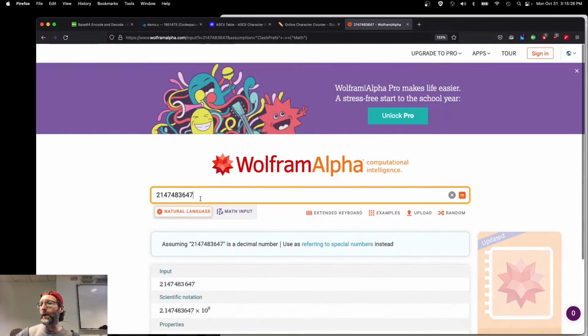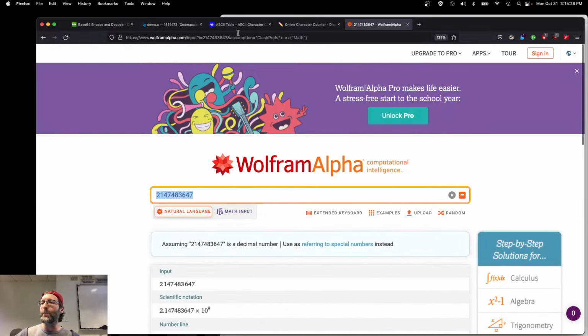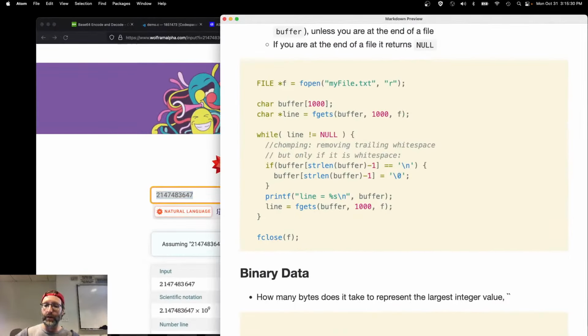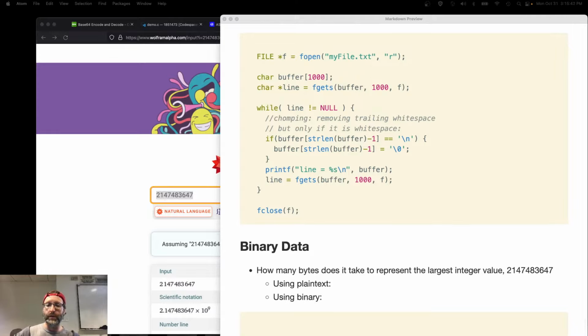That number right there is the maximum value that you can represent as an integer, right? So this value, in text, using plain text, versus using binary. You tell me, how many bytes does it take to represent